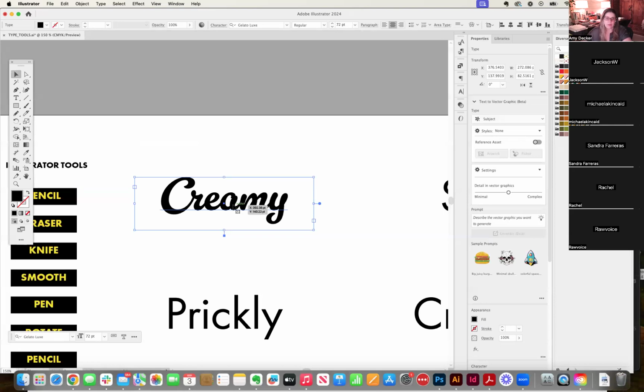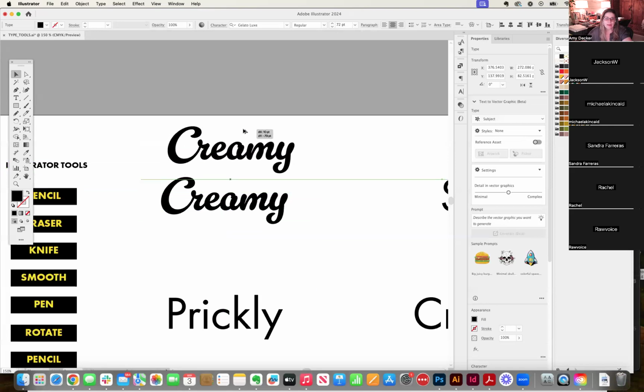One, I've selected it. I'm going to hold my option key down, and I want you to see how there are 2 arrows now. When I hold the option key down, 2 arrows show up. That means it's going to make a copy. I'm going to click and drag, and I've just made a copy. I want you to try that. Select, hold the option key down, click and drag,